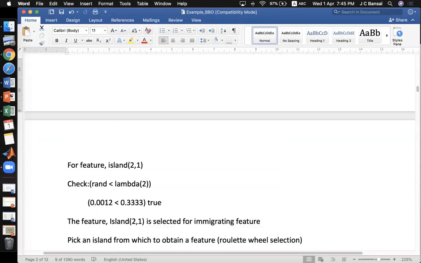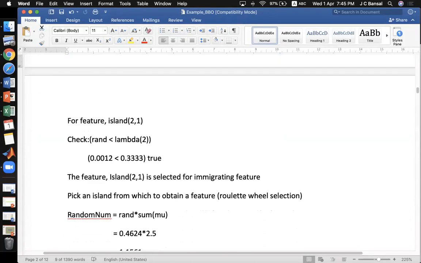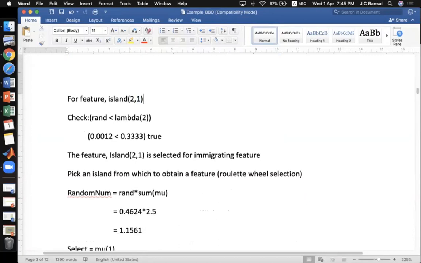Now we'll repeat the same process for the second island's first feature, island 2,1. We generate a random number between 0 and 1, and if it is less than this, it is true. Fortunately, this time it is true. It means the second island's first feature is ready for the modification, and therefore now we have identified the immigrating habitat.